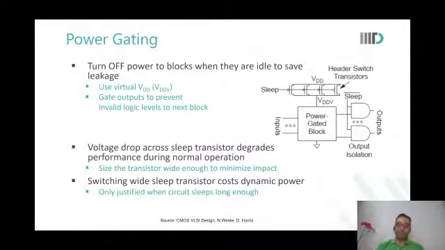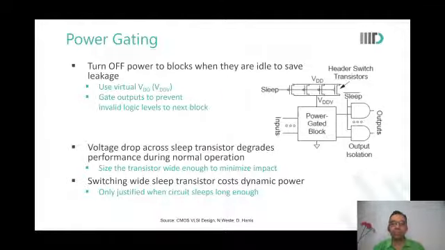But a very important technique that you use is called power gating. When you know that your entire circuit is not going to be operated, you put a set of these sleep transistors or header switch transistors on VDD. So your power gated block does not directly get VDD, it gets a new supply which is virtual VDD, or VDDV. When you know that this particular block is going to be off or not operational, you can simply switch off these PMOSes. You can take sleep to 1.